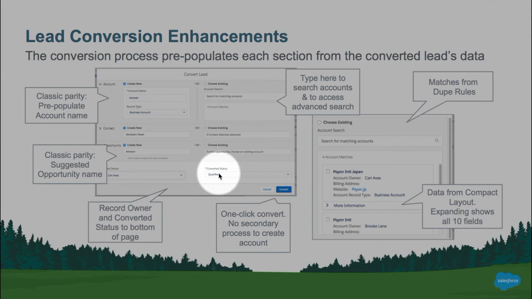Now, this might seem a little curious to you. Why would we choose the converted status? Isn't it always going to be converted or qualified? Well, in some organizations, there are custom statuses even for conversion. So you might have converted B2B or converted B2C. Converted moving forward within the next 3 months, converted moving forward 3 to 6 months. So you might have some different converted status options, and those will be available to you right here lower down